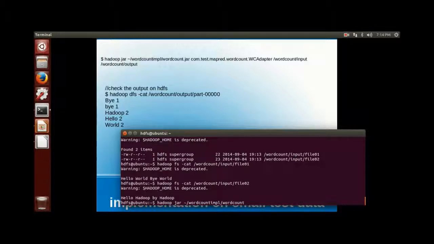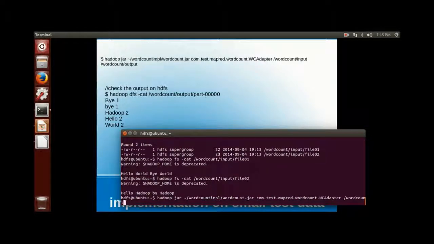I'm giving the absolute path to the directory, wordcountimpl/wordcount.jar, and providing the main class where our job description is defined, WCAdapter, and giving the input path /wordcount/input and /wordcount/output. See, the output directory has not been created under word count. It will be created by the job.